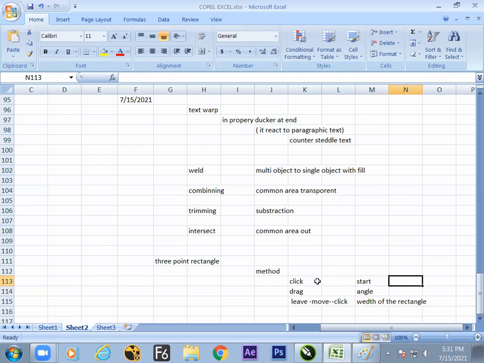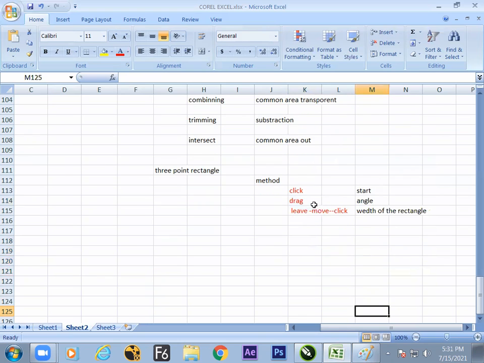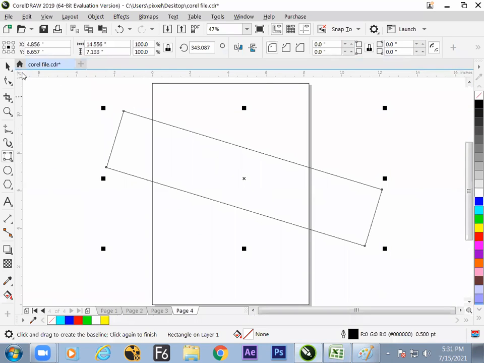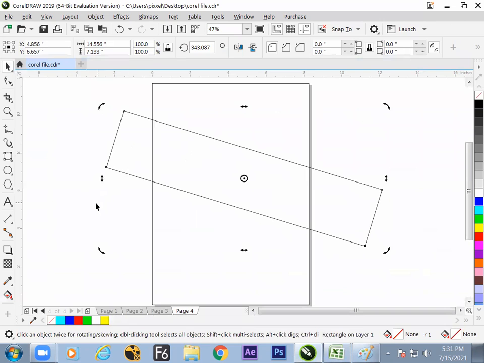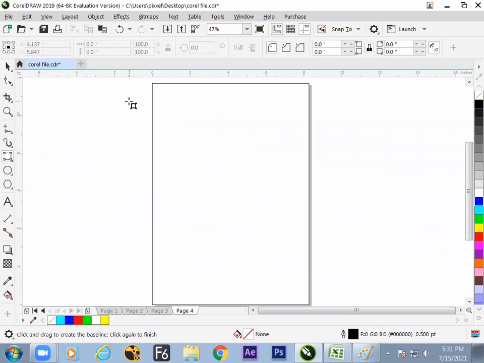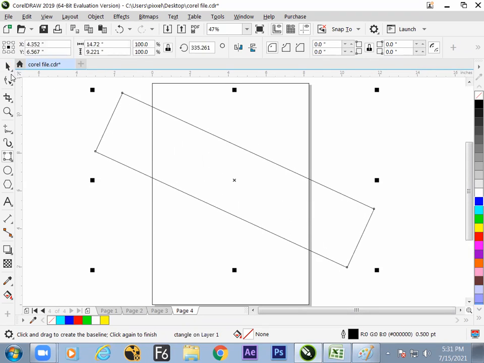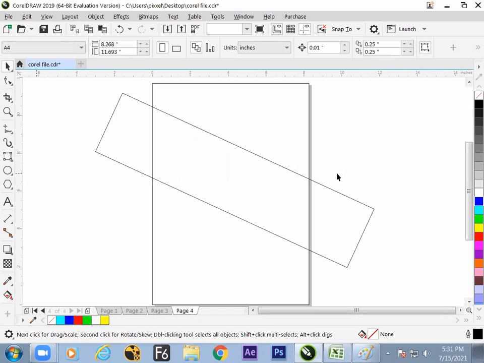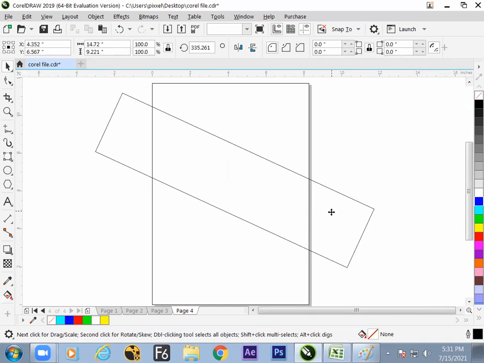So hope we have understood what is the event we are doing and what is the reaction coming up. Theory is there on your screen. Now on the screen, the practical. What is the method of working? Take the tool, click and drag, set the angle, leave the cursor, click over here. Job is done. So hope we have understood now how to make the angular rectangle. And the rest of the operations are the same.